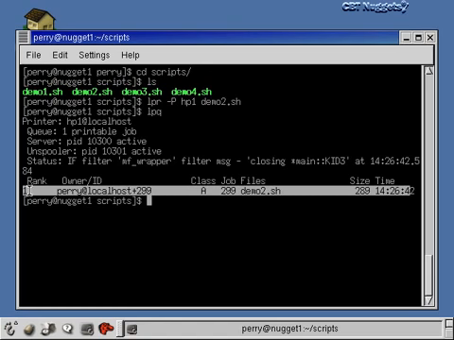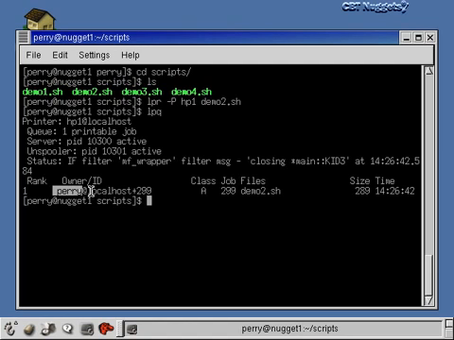Notice there's only one item in here. It's rank 1, which means it's the first thing on the list that's going to be printed. Here's the owner of that job, and here's the number of that job. This is pretty important because if you're going to remove the job from the print queue, you need to know this number so that when you remove the job, you remove it by specifying that number. So there's our LPR command, there's the LPQ command, and then the LPRM command would be specified with the